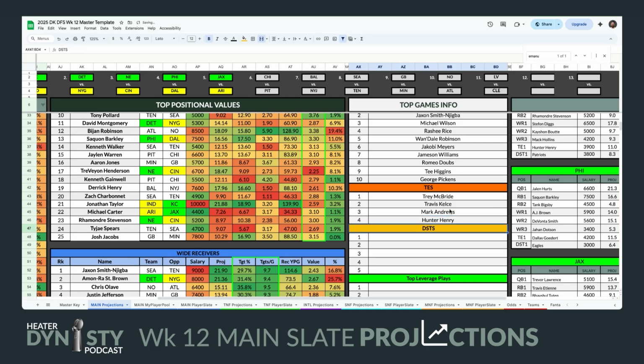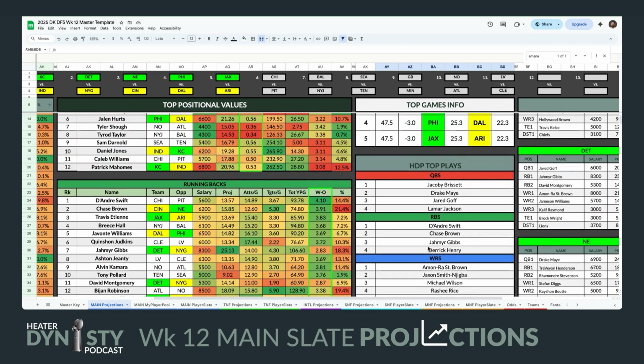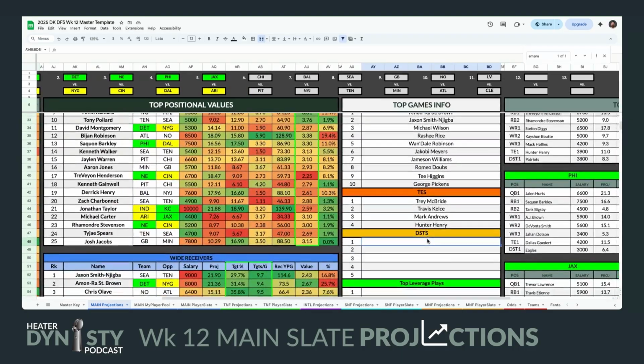So basically, my thought here is you're going to want Trey McBride in there for sure. I wouldn't fault you in tournaments to get off of Trey McBride. I think I will be fading him a little bit this week just because he is going to be so popular. So in those builds, I'd put Travis Kelce in there. And then if you're doing a 2 tight end build, you could easily put Mark Andrews or Hunter Henry to save some salary in there. But then you're going to have to make some different choices at the running back position.